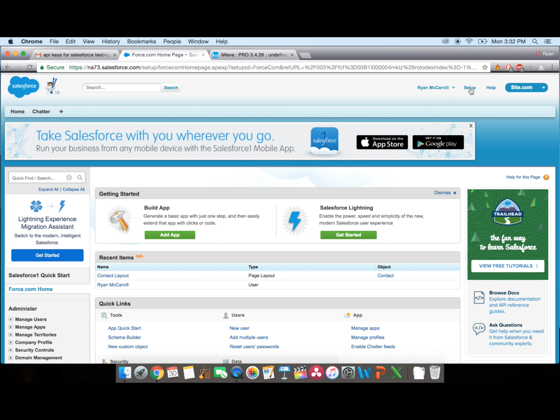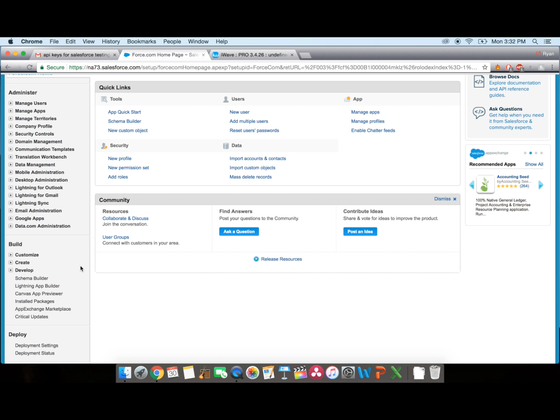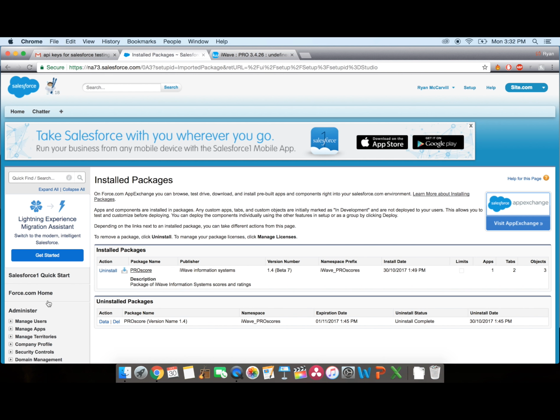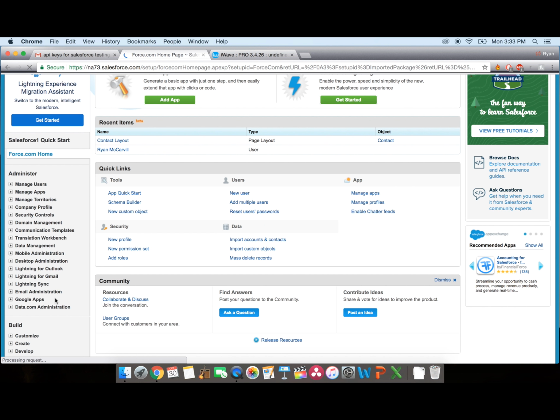And now we're going to look at what to do if you're looking to uninstall and get rid of the integration with Salesforce. Hopefully you won't need to do that, but this is how you do it in case you do. So we're going to go to Installed Packages. We'll see that ProScore is installed. What we'll do now is go over and click the uninstall action. And now if you need to get rid of the app itself,